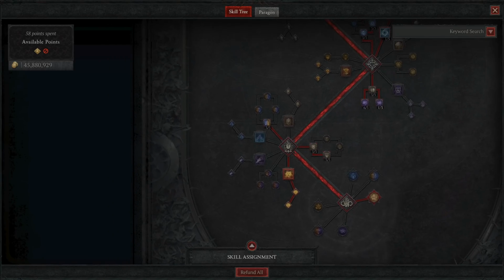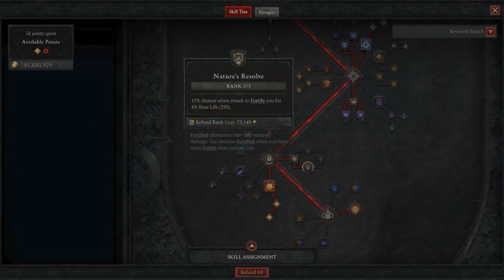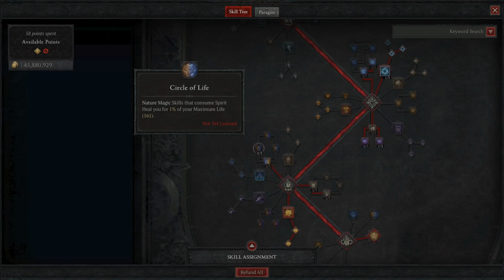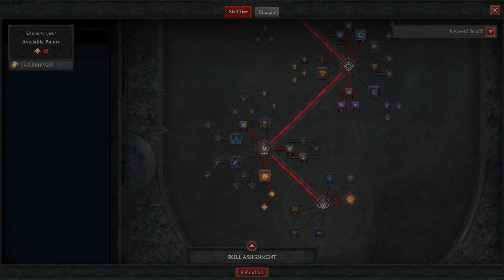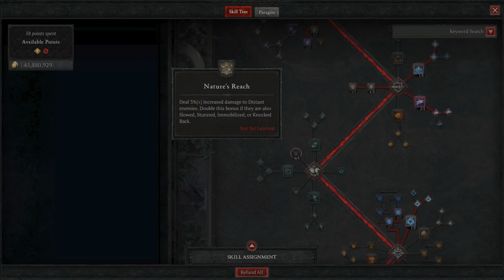Now, a couple things. I think you could probably pretty easily drop both of these, Defensive Posture and Nature's Resolve. Nature's Resolve for sure, and go into some other stuff. You could get more healing with Circle of Life. You could put 1 point here and then put a couple points into Resonance to get a little bit more damage. Potentially, I toyed around with dropping Nature's Resolve completely and actually running Nature's Reach, because there's a decent amount of the time where you have tornadoes kind of going all over the place that are far away from you, dealing damage to enemies as you're kiting around, and Nature's Reach will be online at